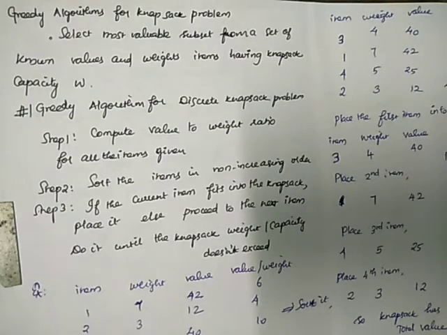Then the second example of an NP-complete problem is the knapsack problem. Let's see the approximation algorithm types for solving the knapsack problem. Before that we need to recall the problem statement. Here we have n items with known values V and known weights W. Our objective is to find the most valuable subset from the list that fits into the knapsack. The knapsack capacity is given in the problem.